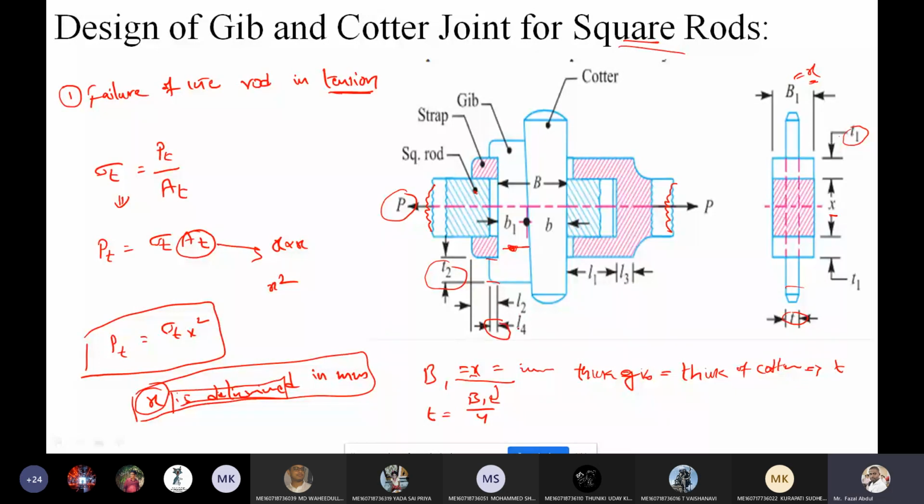This one, that is L4. That is T2 equal L4 equal T. It means if you get the T value, you will get the gib head thickness. You will get the T2 value, that is this one, and length of the gib head. These three parameters you will get. Okay. Now